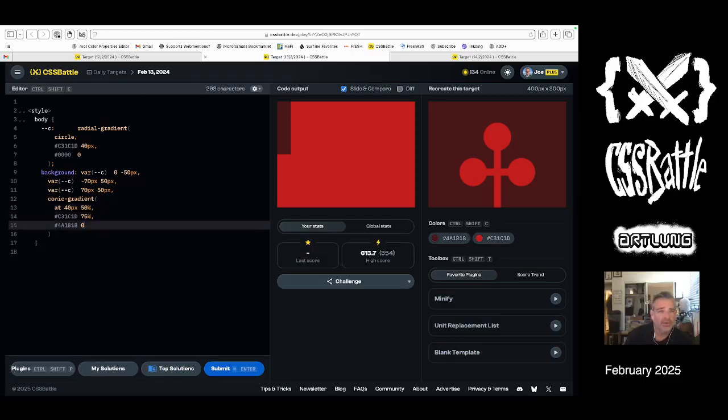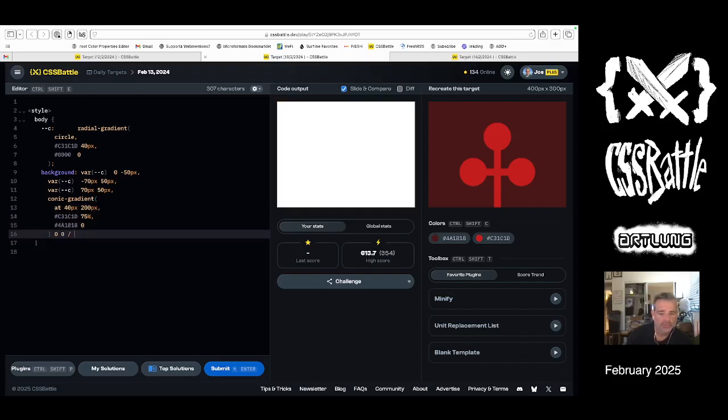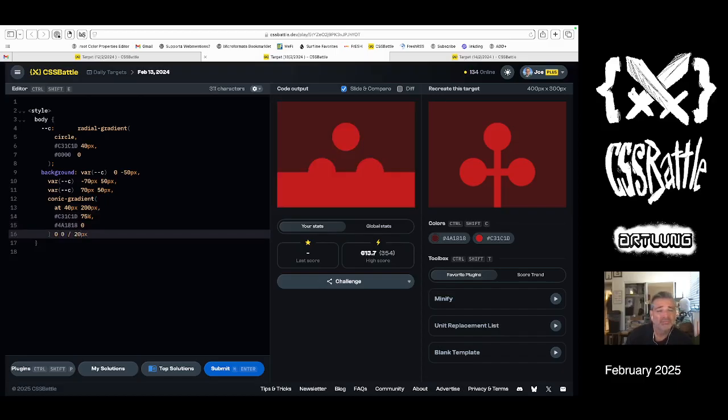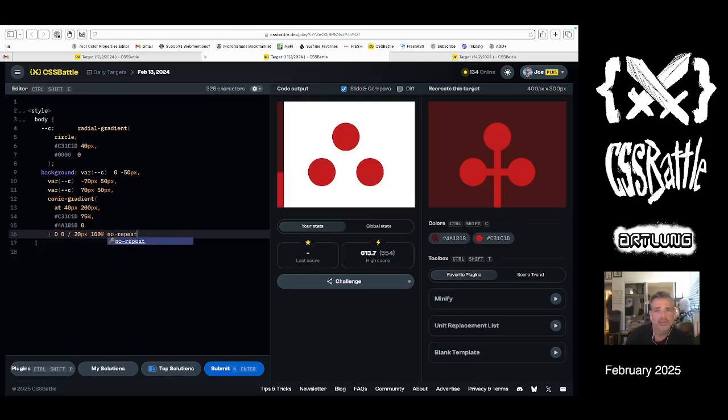Is that right? Oh, and then we need to make it a different width. Or actually, no, not 50%. We want 40 pixels, 200 pixels. And then we make it 20 pixels wide, and then 100% tall and no repeat. That's how you get a bar like that. No, that's a bad idea. How about 40 pixels? And then how about, okay,